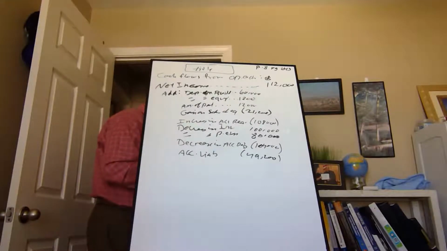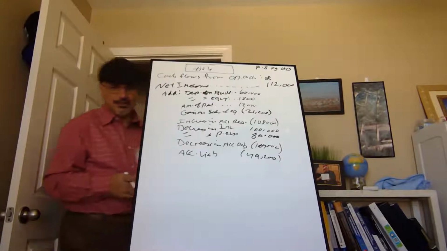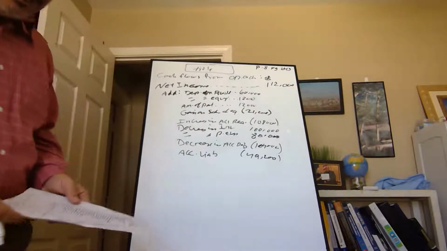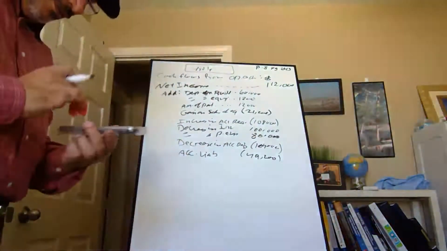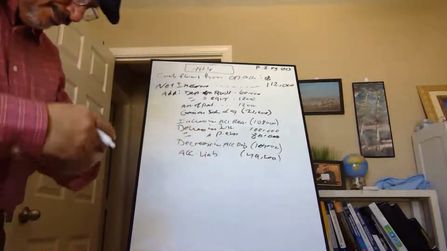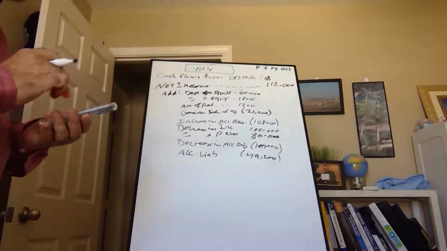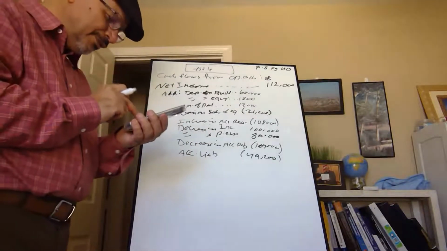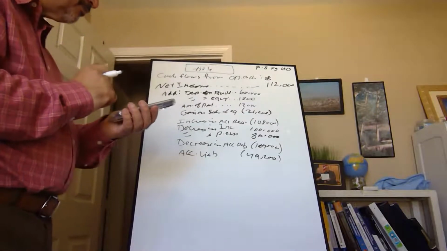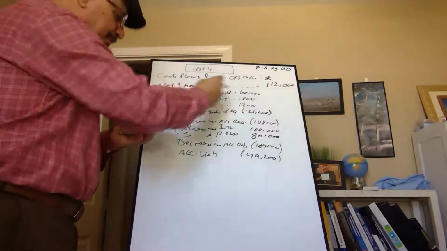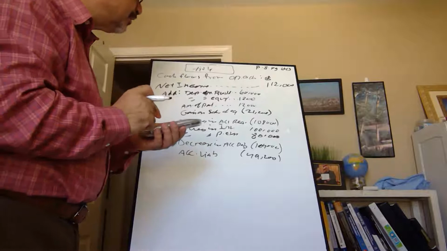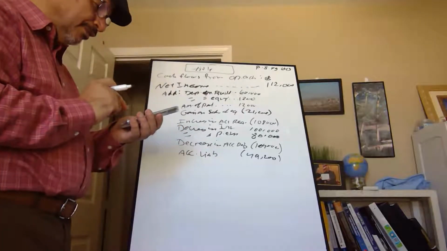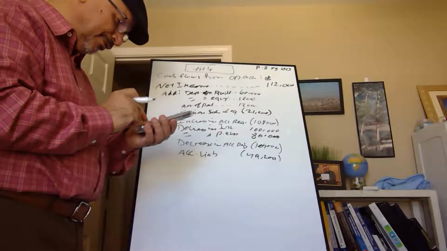Now we're going to do our additions and subtractions. So let's take a look over here. Okay. We're going to go to the calculator. We started with 112,000 plus 60,000. Okay, plus 12,000, plus another 12,000,